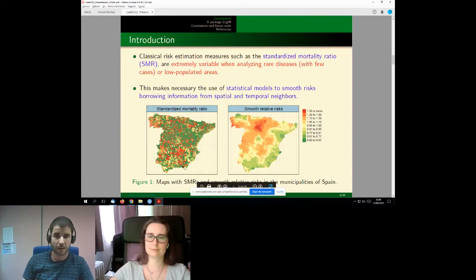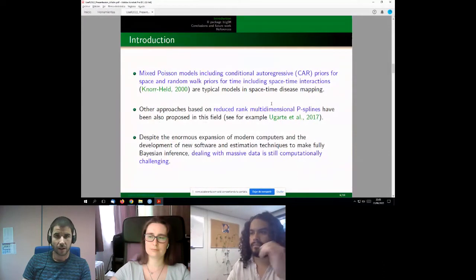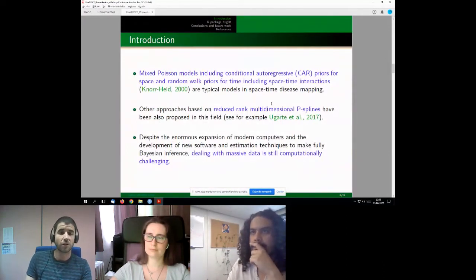But the problem is that here we are not able to see or to detect any geographical distribution or any spatial pattern of this disease. In contrast, if we use statistical models, we can obtain this kind of smooth risk surface estimates where we can make hypotheses about the etiology of the disease or have an idea of the spatial pattern of the disease that we are analyzing. Probably the most used models in the disease mapping literature are the spatiotemporal CAR models